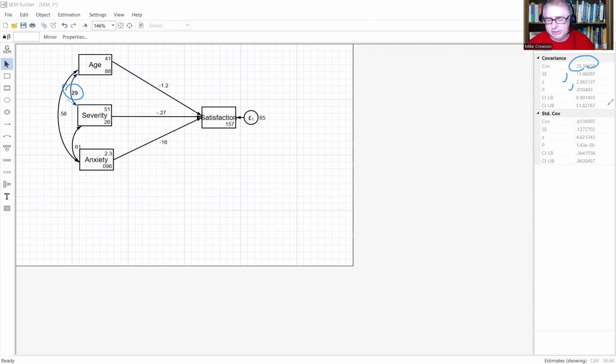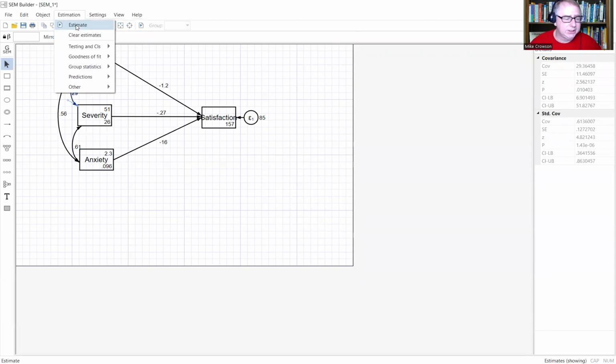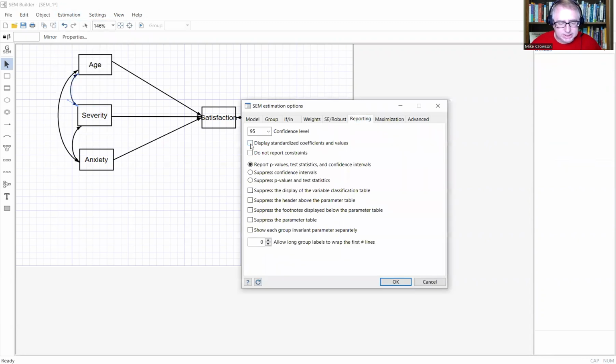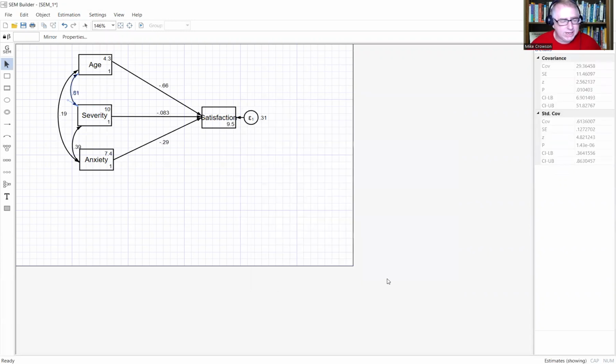And then you can see also with the standardized covariance over here, this is basically going to be the correlation between those two variables and so forth. So if I wanted to take a look, let's say I request, if I go under set estimation, and we'll go ahead and clear the estimates right here, go under estimate, and under reporting, if I click on display standardized coefficients and values and then click on OK,